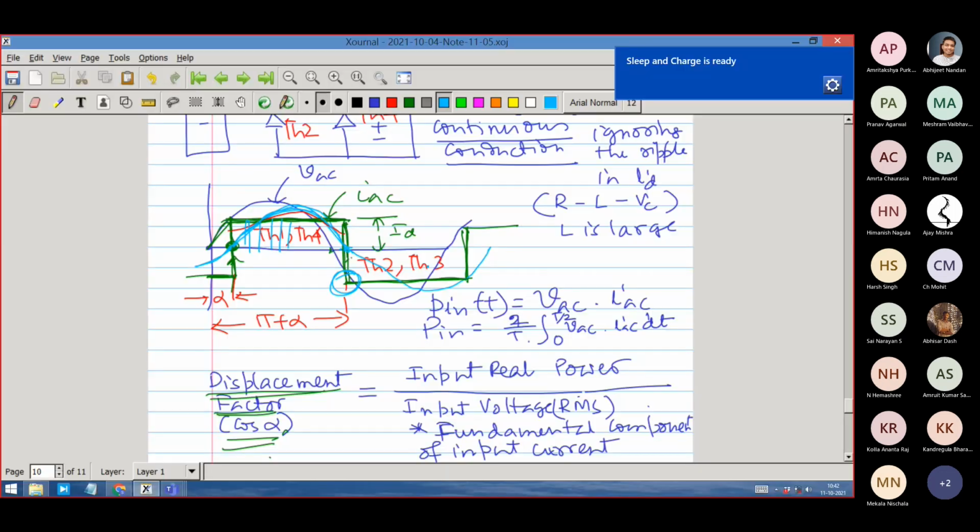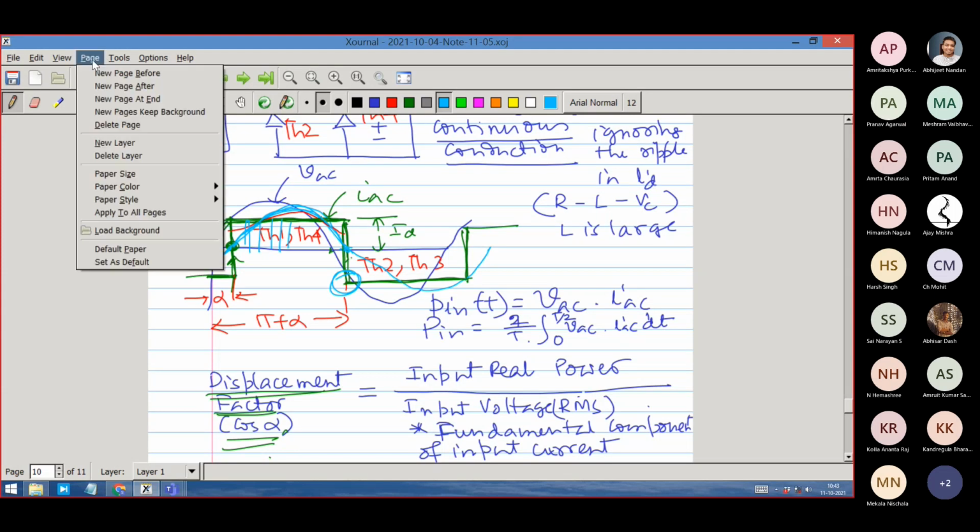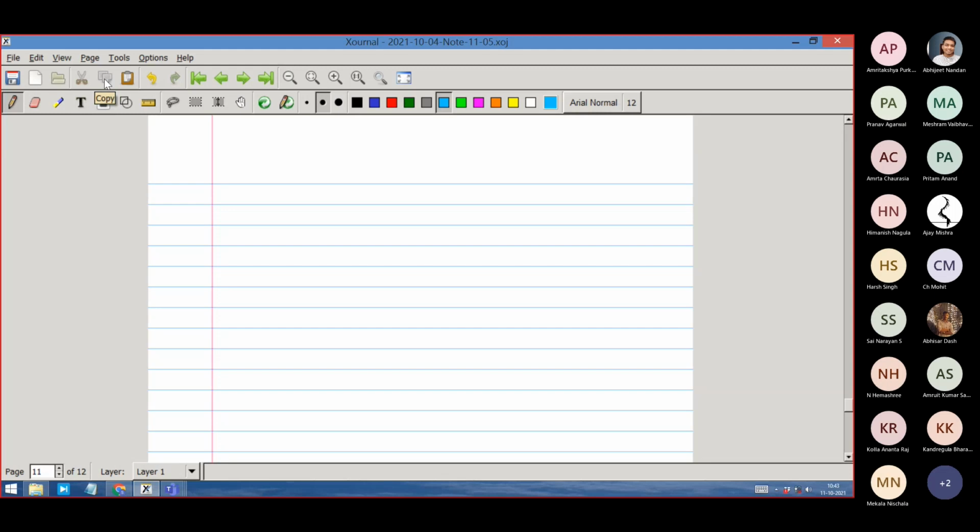So I will now tell you a little bit about variations of this thyristor converter that are called semi-bridge converters. A little bit of variations, and you can also commonsensically think about these variations. That is a variation that is a combination of thyristor and diode. Not all four devices are thyristors. Some of them are diodes. So that is called semi-bridge.